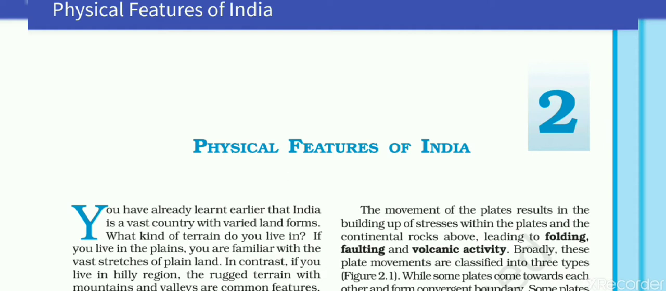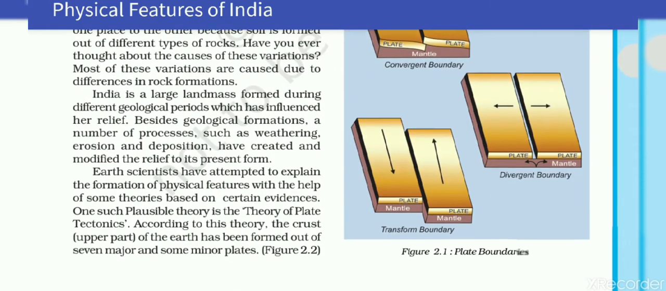Today we are going to continue the remaining topic of the second chapter of class 9th geography. So our today's topic is theory of plate tectonics. In our previous class we have already discussed the meaning of physical features and its formation. So now let us move towards today's topic. Here it is,